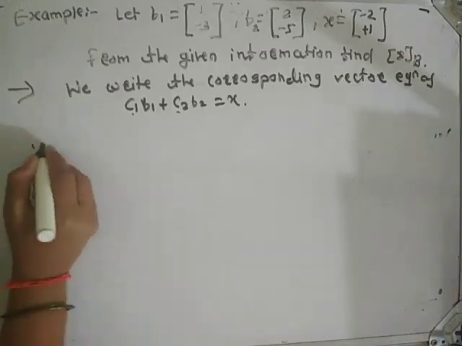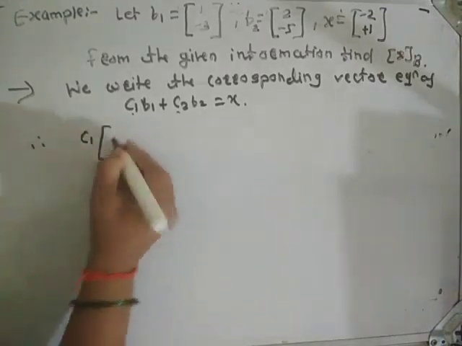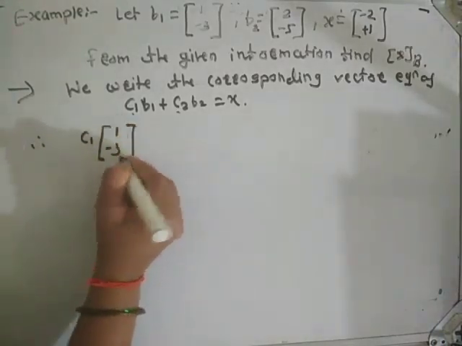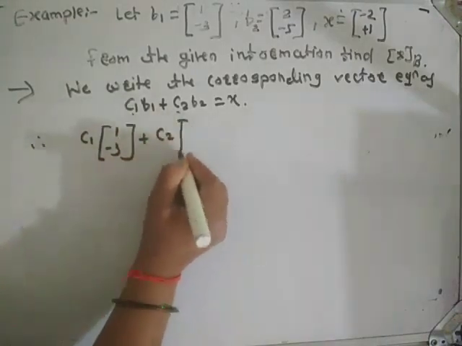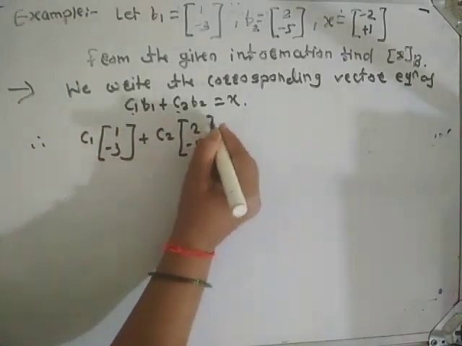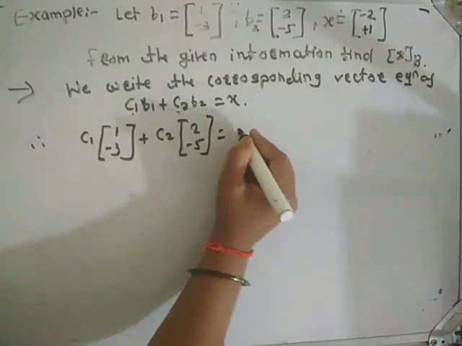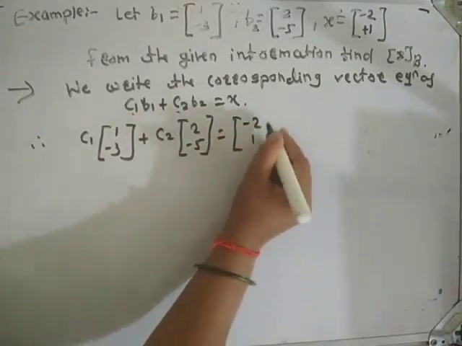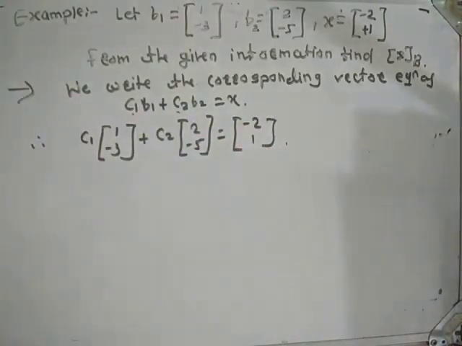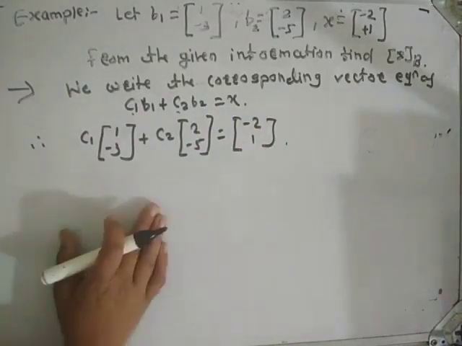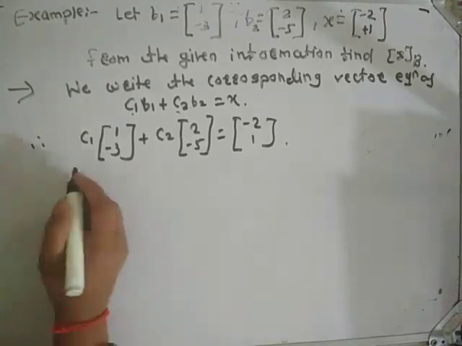Therefore c1 times (1, -3) plus c2 times (2, -5) equals x, which is (-2, 1). Solving the augmented matrix of the above linear system so formed, we get